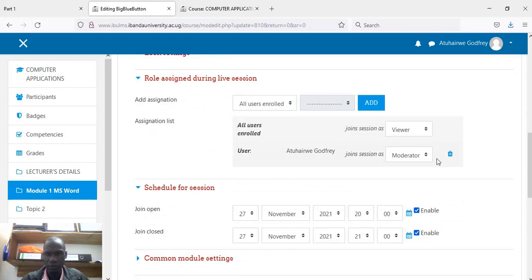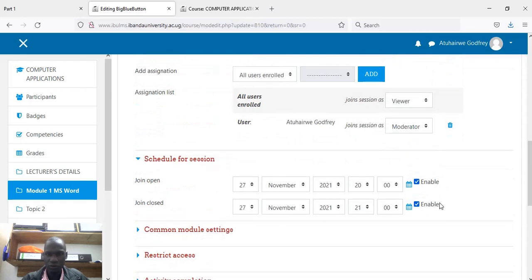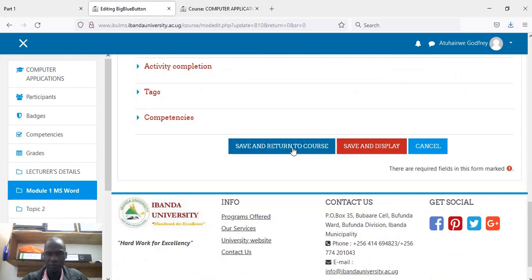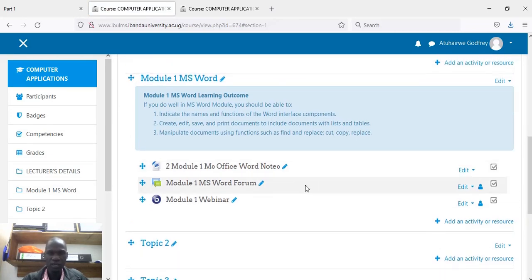It is only me, the moderator. And then I have also scheduled that it should start at 8 p.m. on 27th, and then end at 9 p.m., still on 27th, the same day, and then save and return to course. Now let us see what happens. Now for learners and you, the lecturer, to join, you have to click